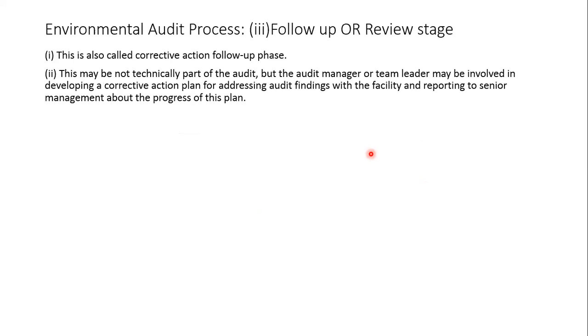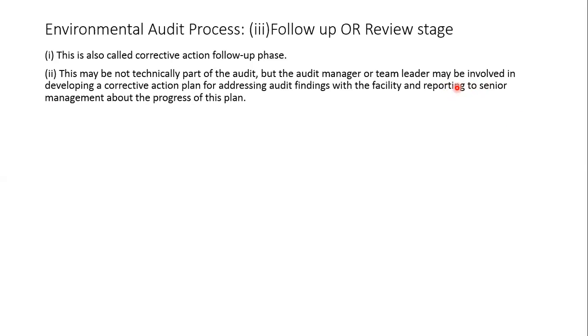The last in the process, as I told you, is the review stage. So this is called the corrective action follow-up phase. Okay, this may not be technically part of the audit, but the audit manager or team leader may be involved in developing a corrective action plan for addressing audit findings with the facility and reporting to senior management about the progress of this plan. So it is written, this may or may not be part of the audit team.